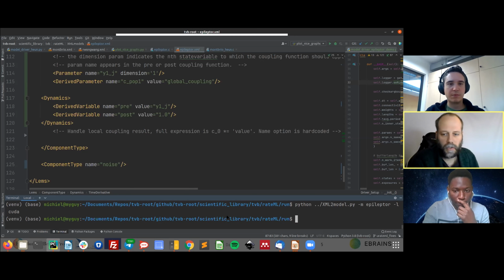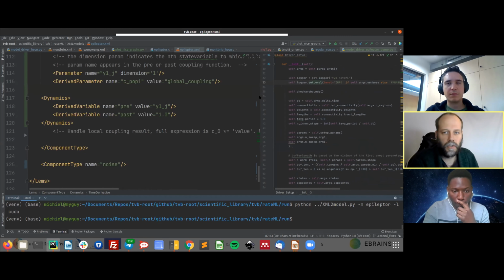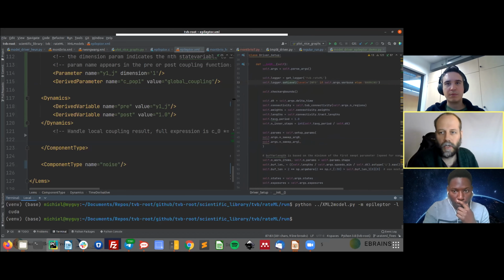If you then run it, there are no errors. 2 files will be produced: the epileptor.c file, which is the model, the simulator object, together with the driver. So basically, what you produce is a parameter sweep enabled CUDA TVB simulator, in which every thread represents a certain parameter combination.